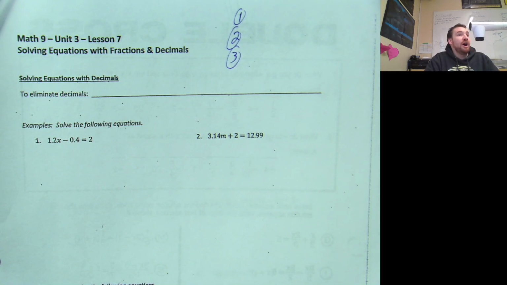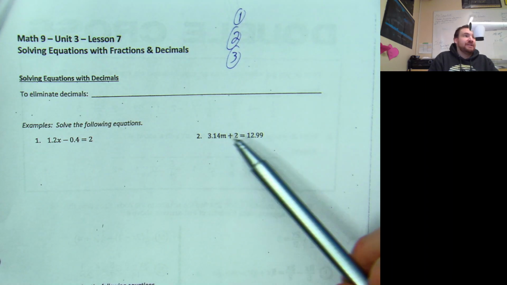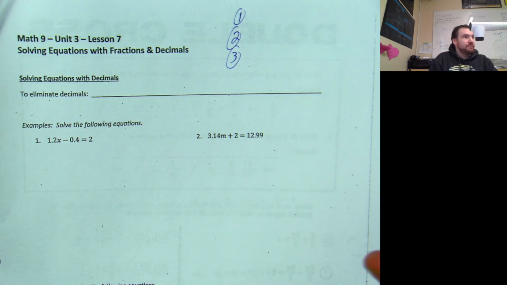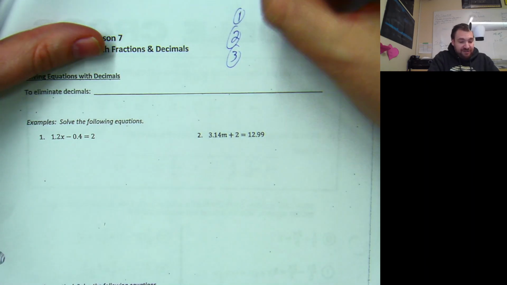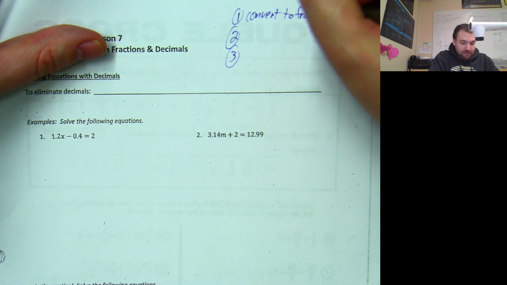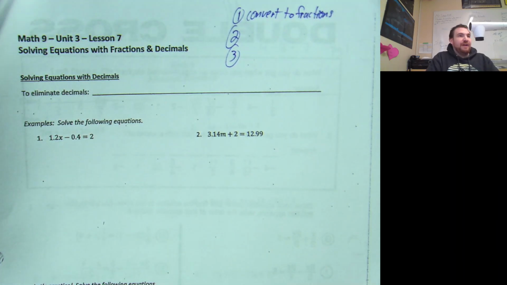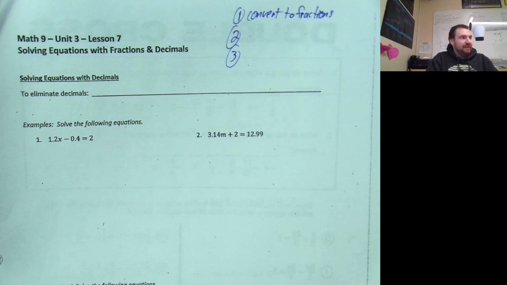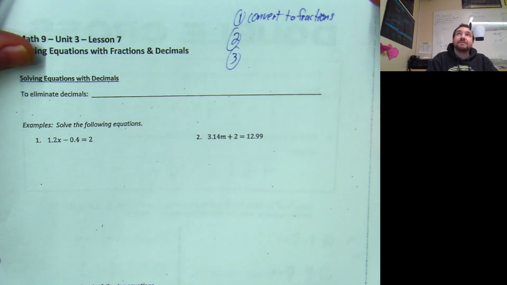What is one option when you have a decimal or a set of decimals in the expression? Danny. You could convert them to fractions. As soon as you convert them to fractions, then you do exactly what I gave you before. You multiply them by the lowest common denominator, get rid of the denominators, and away you go. Number 2, what else could you do? Instead of converting to fractions,